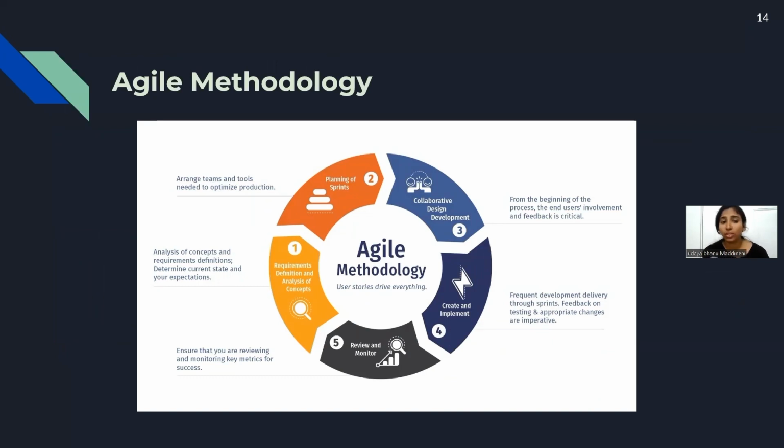It focuses completely on adaptability, and the project will be done in the form of sprints, like every 4 weeks, and all the deployments will be done in smaller incremental builds, and constant testing will be done in the agile methodology. Because of this, we can quickly add features to our products.